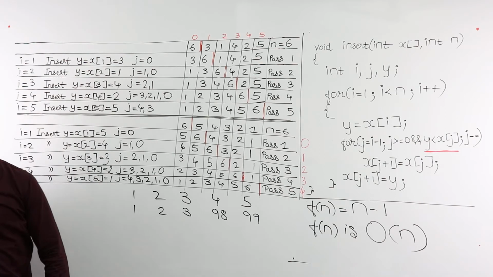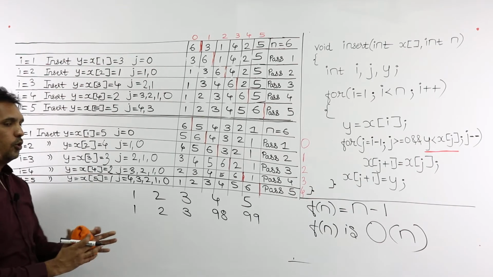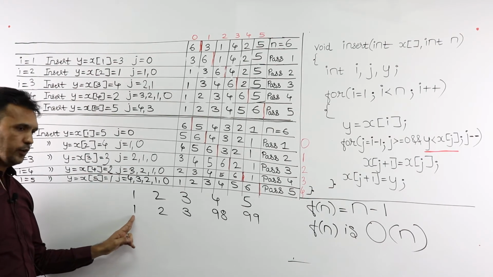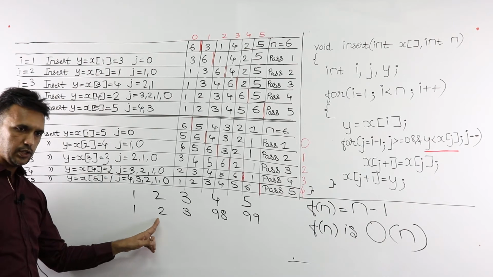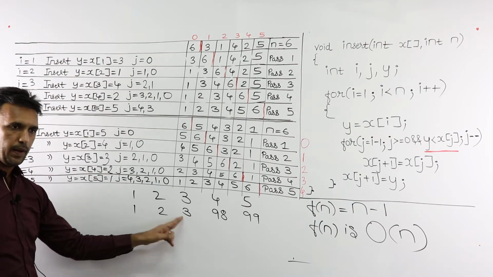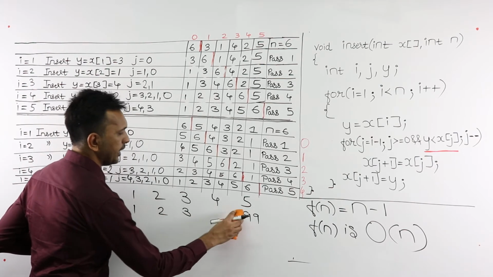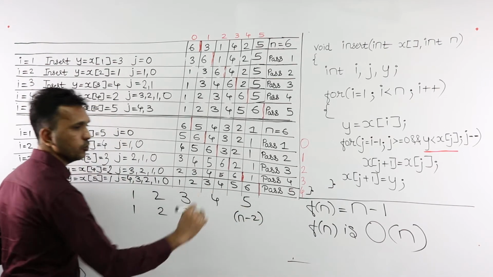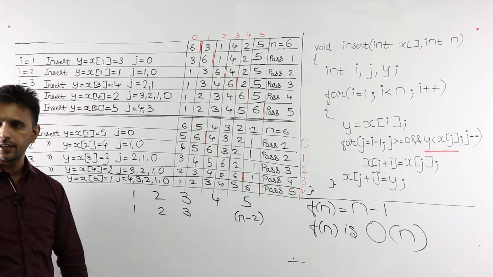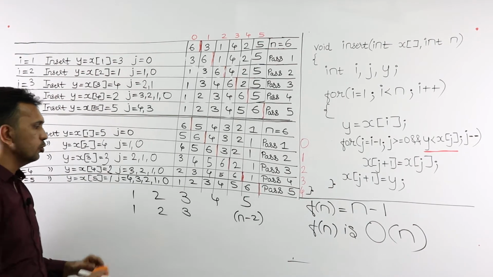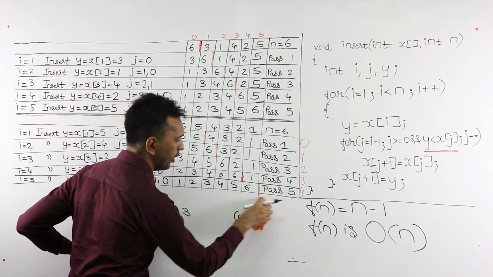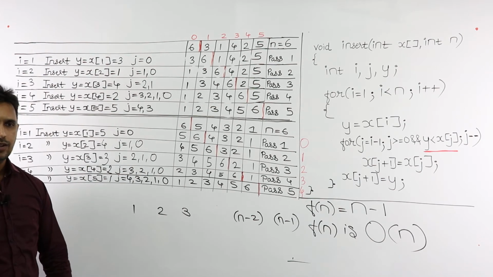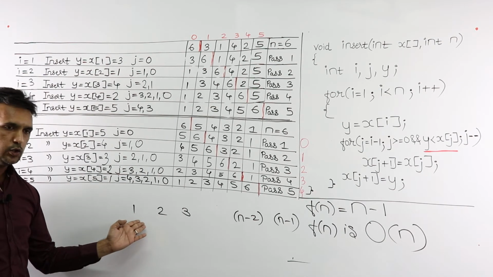Agreed? Now if you are attentive, what you should realize is, no matter what the value of n is, j will take 1 value in first pass, 2 values in second pass, 3 values in third pass. That way in the second last pass it will be n minus 2, not n minus 1. Second last I said. In the second last it will be n minus 2, and in the last pass it will take how many values? N minus 1. Do you understand that? Yes. Now these are the values which j takes.